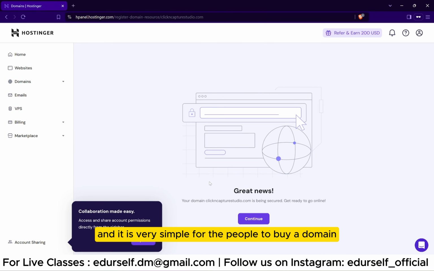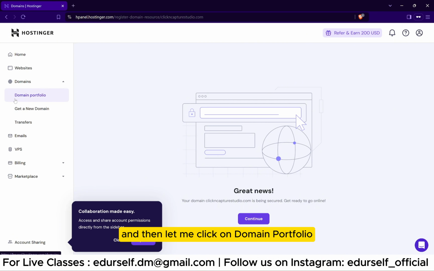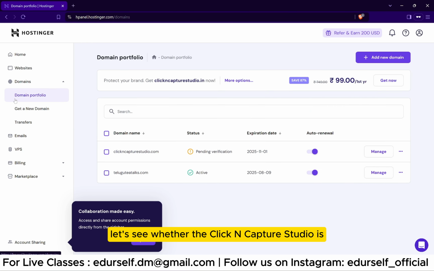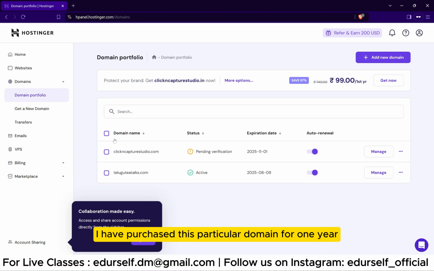And it is very simple for the people to buy a domain or hosting from the Hostinger. From the left side panel, and then let me click on domain portfolio. Let's see whether the click and capture studio is reflecting in this page or not. I clearly see the clickandcapturestudio.com is under the domain portfolio, and also I have purchased this particular domain for 1 year, therefore I can see the expiry date of the domain and where I have to purchase it for 1499